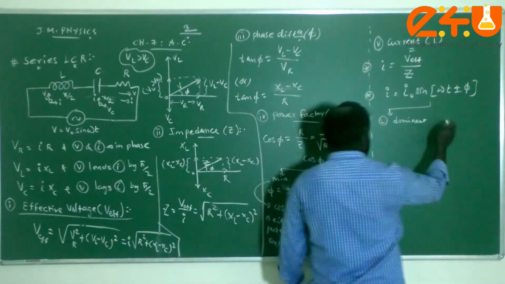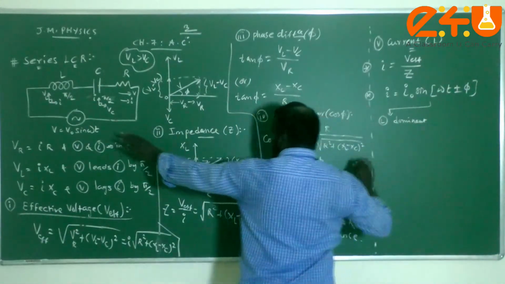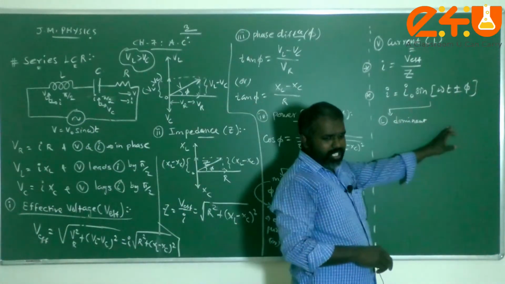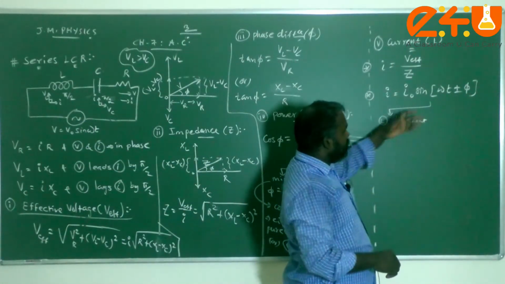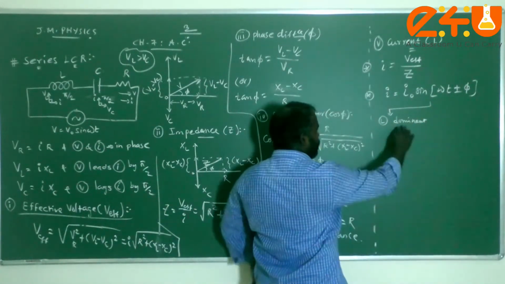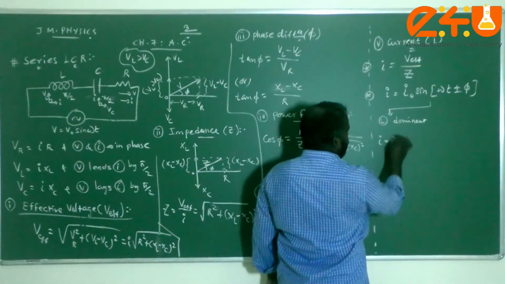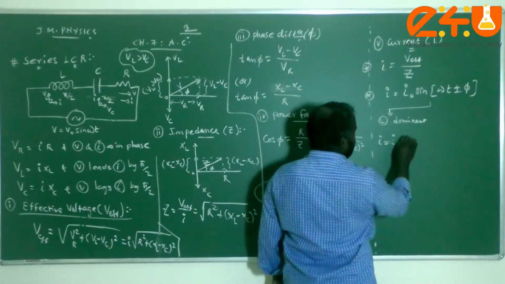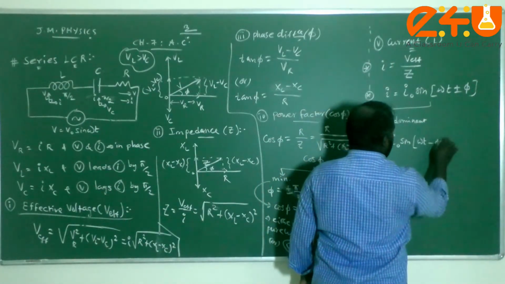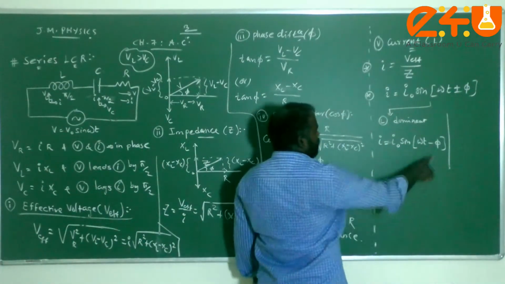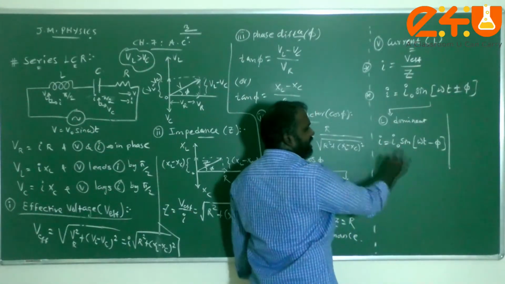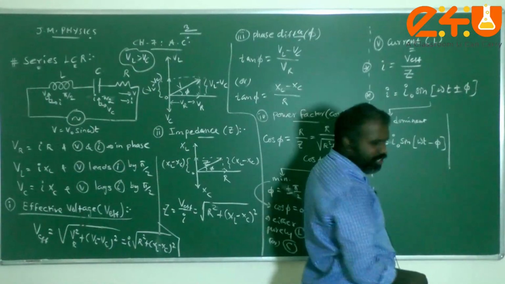So in that case, this is not only for a purely inductive circuit, but here other components are also present in the LCR circuit. But if L is dominant, the effective voltage is leading. Therefore, in this case, I is equal to what, children? I naught sine of omega t minus phi will be there. Because this minus sign represents that in an inductor dominant circuit, the voltage leads or the current is lagging. That is the expression for that.